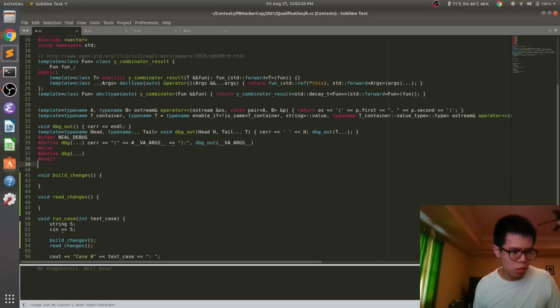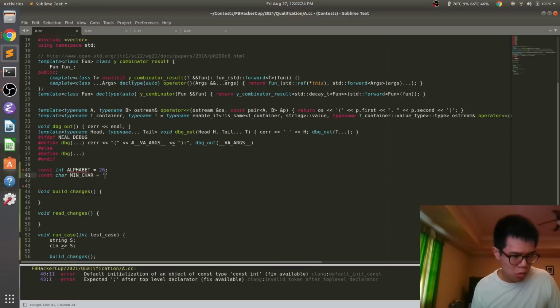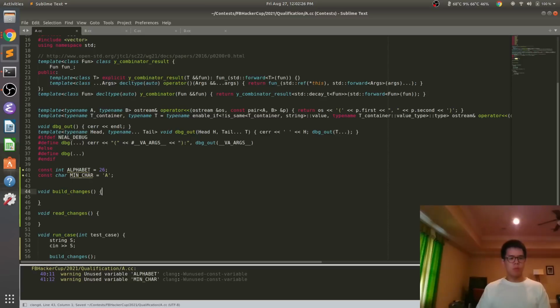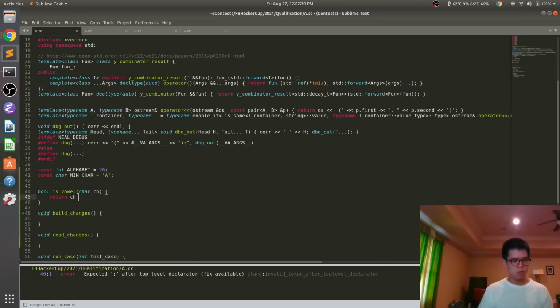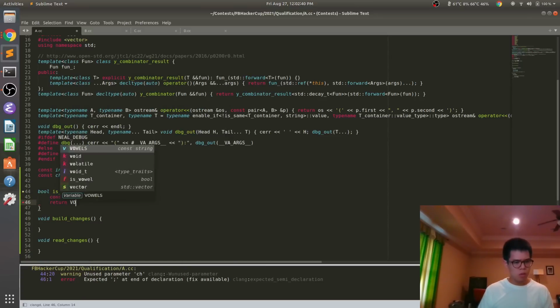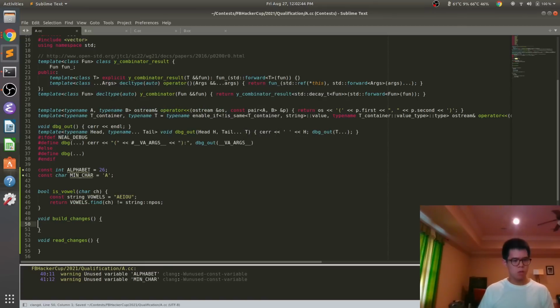Yeah, okay. So, we also have constant alphabet is 26. If build changes, then we're going to use is val. Oh, actually, I should do this. Yeah, okay, so then